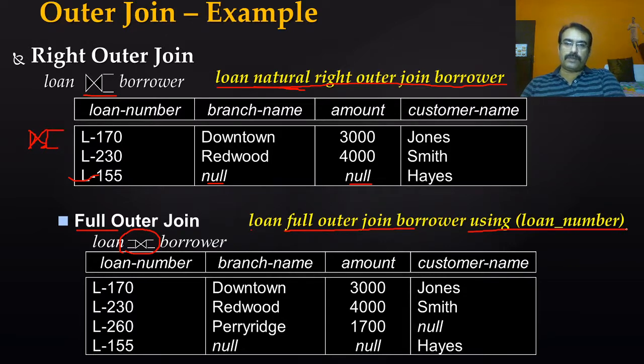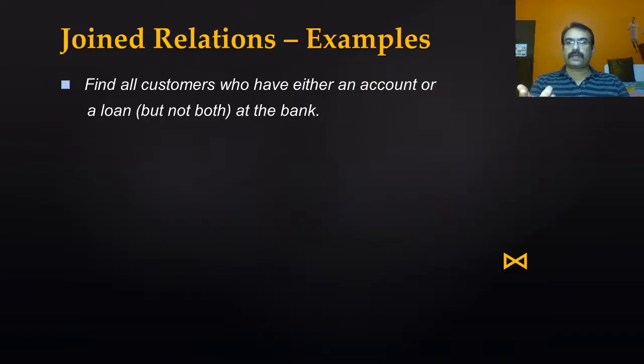In relational algebra, we don't have to put in that many efforts. We just use a symbolic representation in different ways, and that is going to do our work. Okay, so this way the natural join, inner join, and outer join, with left outer join, right outer join, and full outer join is explained. Okay, we'll just go for a common example. Let us go for this kind of query.